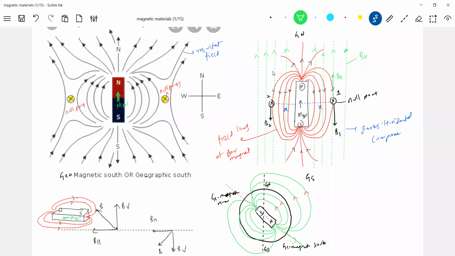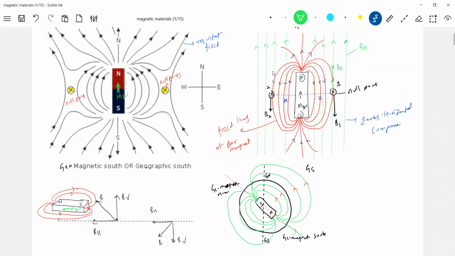So what is the field strength at point 1? Net field will be 0. Due to the bar magnet, we'll write it. What is the field strength? Net resultant field strength at point 1 will be 0. Okay, B1 minus BH is 0. So what is BH? BH is known. What is B? So look at that point 1. Shall I say it lies on the equatorial plane? So B equals mu naught M by 4 pi x cube.